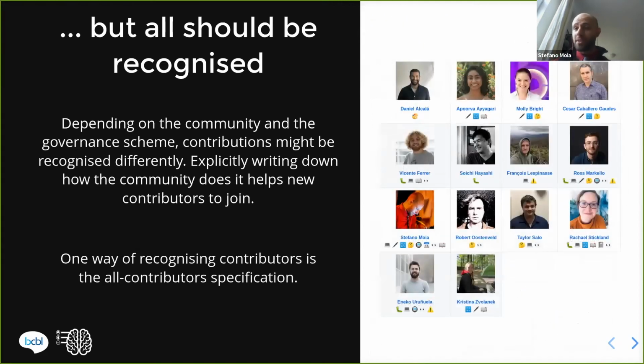And if you adopt all contributors, you might end up having a little page in your repository that looks like this, that has a little table, a lot of pretty pictures of pretty people that are your contributors, your collaborators, and together with the pictures, you also have an idea of what those people are doing for the project. And this is something important because if you're this transparent, people might be more willing to join because their work will be really there and could be really recognized for what it is.